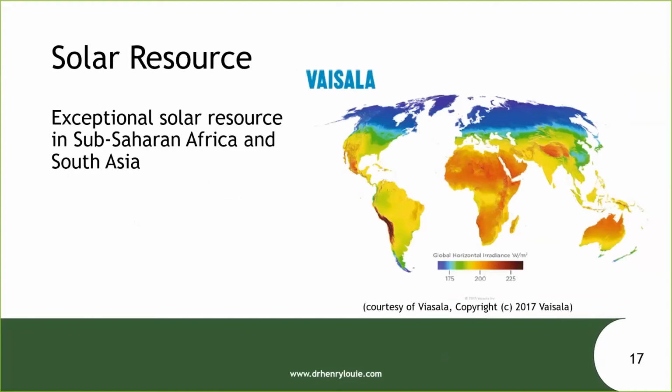You'll see this is a radiance map. You'll see that most of the areas where we struggle with energy access have high solar irradiance. So sub-Saharan Africa is that dark orange. That means it's quite sunny there. So most of these rural areas are going to be good locations for solar panels.